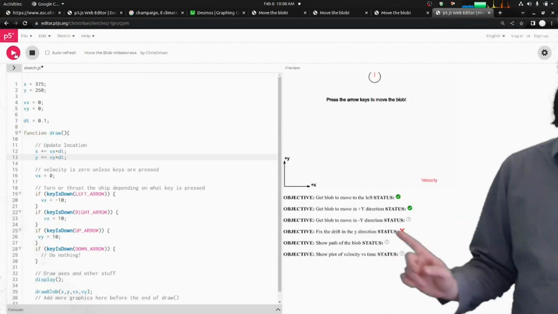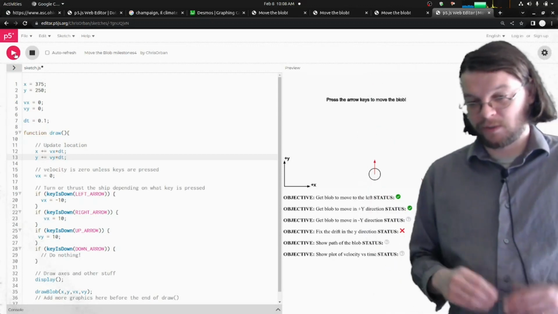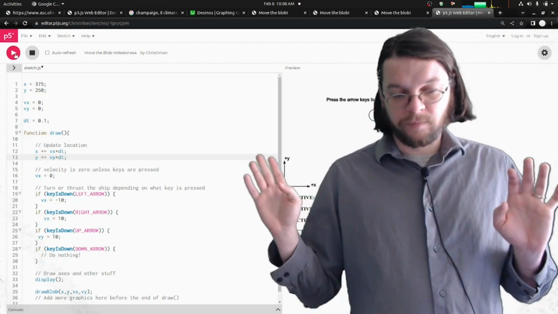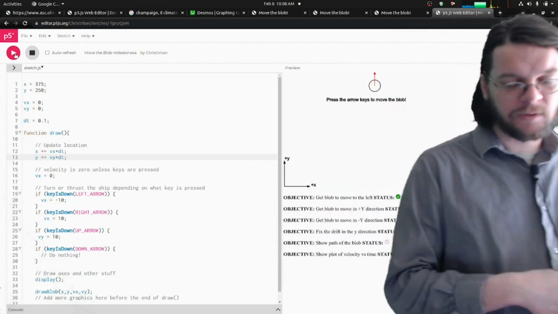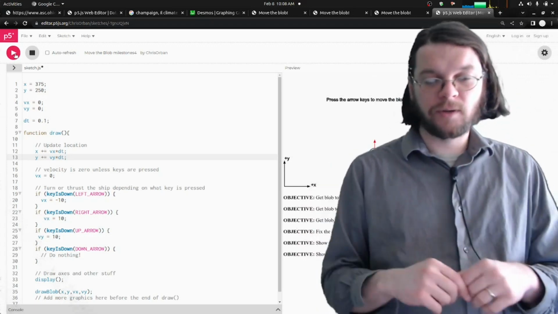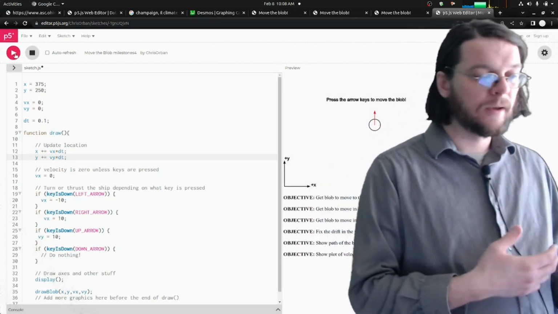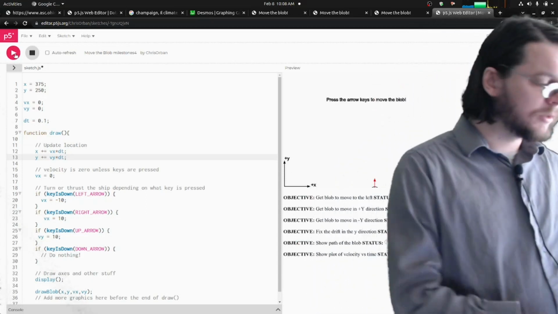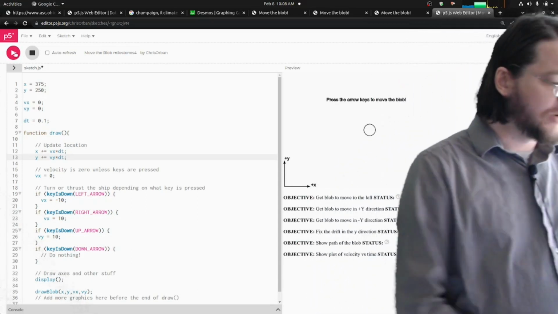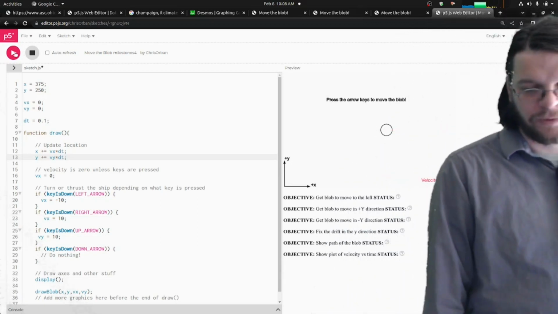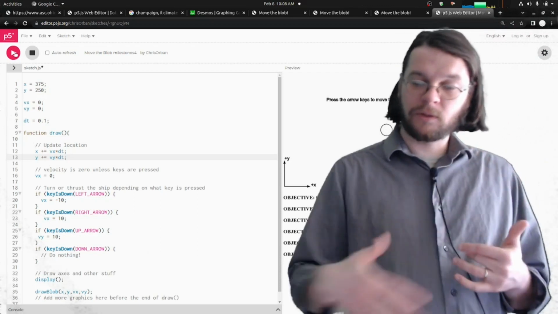We still have this issue now that we're drifting. We're not supposed to drift, and we've got to figure out how to fix that. But that's sort of the gist of the activity. There's also a follow-up to it called Accelerate the Blob, where the arrow keys control the acceleration, and you can have a conversation about what's more realistic. Is it just having something that starts from rest and jumps to some speed and then stops immediately, or is it more realistic for things to accelerate?